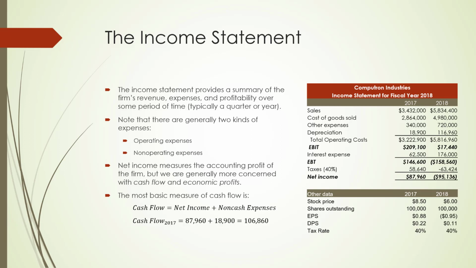So in this case, we can see that cash flow for 2017 was $87,960, that's your net income, plus $18,900, which was the depreciation expense, for a total cash flow of $106,860. Now, it's no surprise that cash flow went down in 2018 because net income was negative. But at the same time, depreciation was much higher. Nonetheless, cash flow fell to